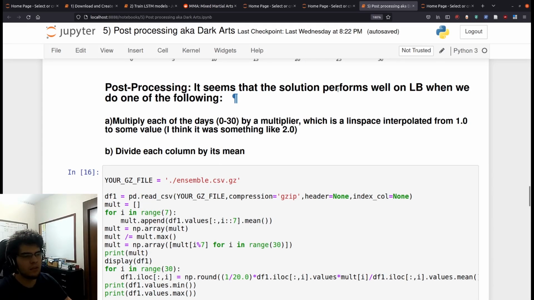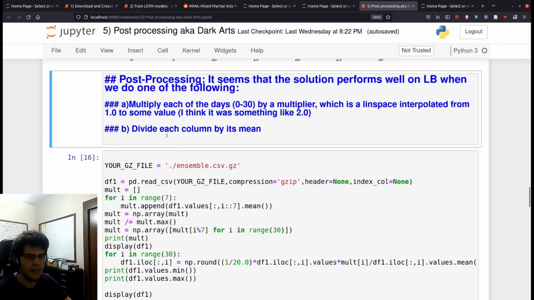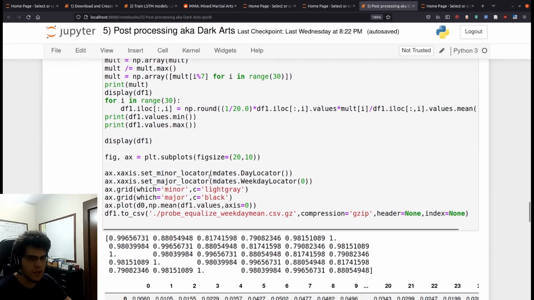It seems that the solution performs well on leaderboard when we do one of the following. A. Multiply each of the days 0 to 30 by a multiplier, which is a linspace interpolated from 1 to some value. I think it was something like 2.0. Actually it was, I think, 1.9 that I used. And divide each column by its mean. So the version I'm using here, I think,